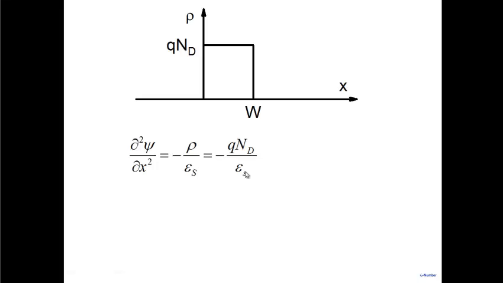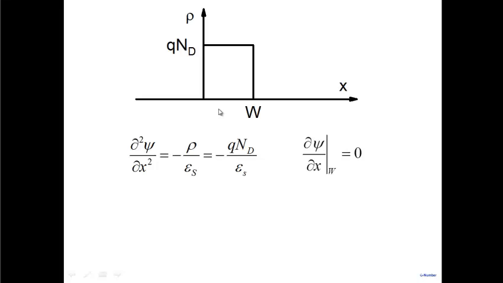So this is the equation that we have to solve. And what are our boundary conditions? One of the conditions is, note that there is no charge in this region, and therefore the electric field in this particular region is 0, which means del psi by del x, which is minus the electric field, at W, right at this particular point and beyond, is 0 here. That's one boundary condition. It's a second order equation, so we'll need another to determine W completely. And where is the other boundary condition going to come from? One is that the electric field here is 0, fine. The other one,